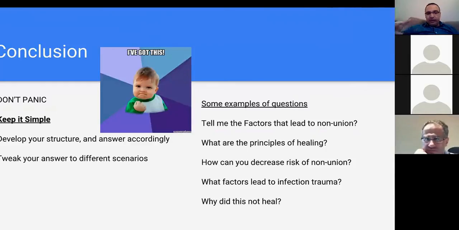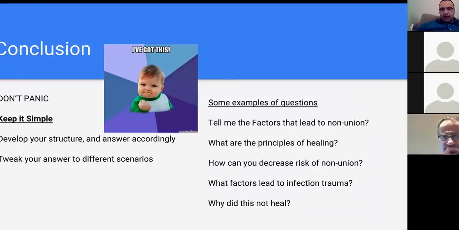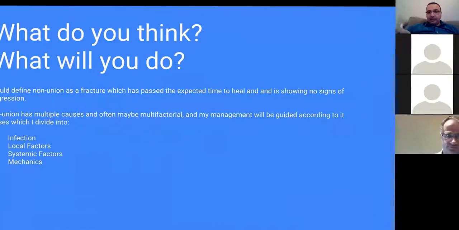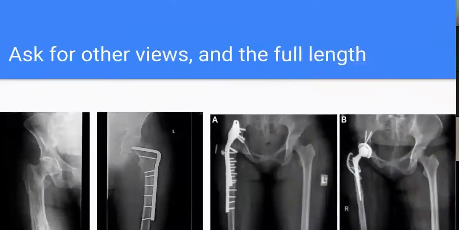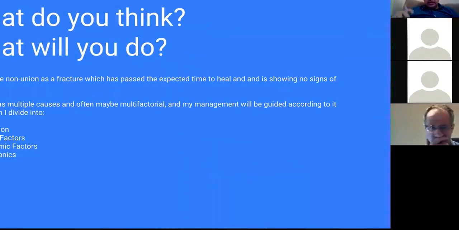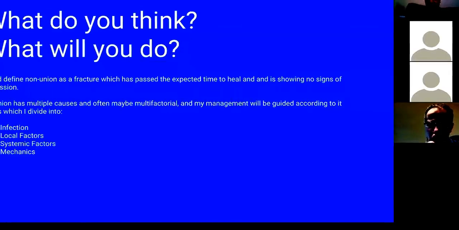And it is all a combination of radiological and clinical factors, or clinical signs. So insist on those. I would look for radiological and clinical signs of non-union. But there is the FDA definition. The FDA has defined non-union as absence of progressive bone union of a long bone only. They only define that for long bone, for a period of 4 to 6 months, after 4 to 6 months. So even if you're stuck and you have to give a number to the examiner, you could mention that FDA number,